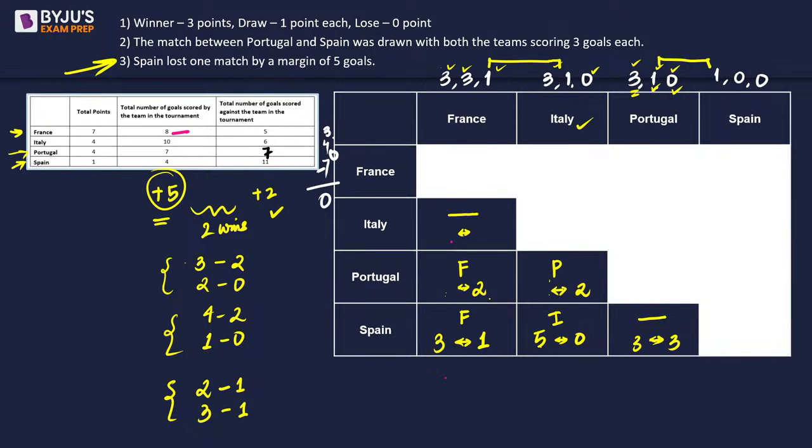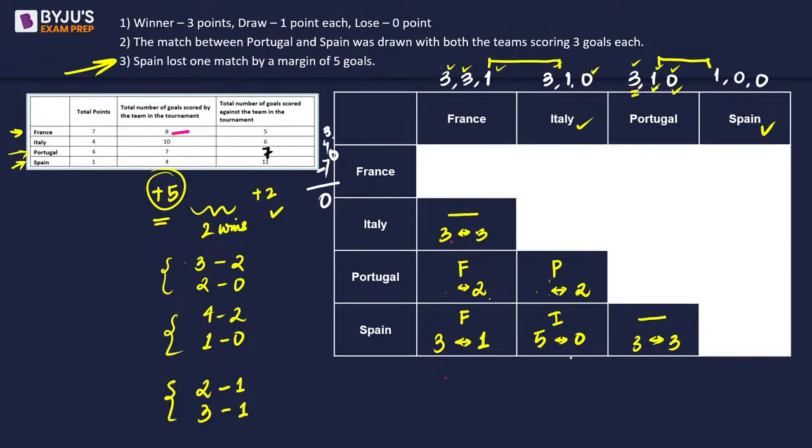Now if we are done with Spain, अब इटली का देख लेते हैं. इटली को 10 गोल्स करने, so Italy makes 5 here. Italy has to make a certain number of goals here and a certain number of goals here, which is 2. So 5 + 2 is 7, and then this is going to be 3. Now the thing is कि इटली का अगर इधर 2 और इधर 3 है, तो this is 10 for Italy,